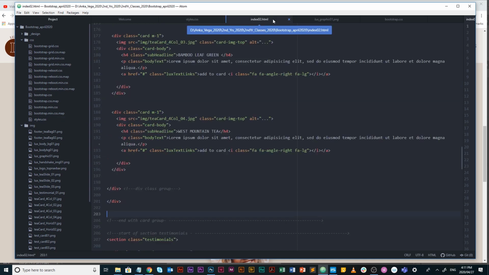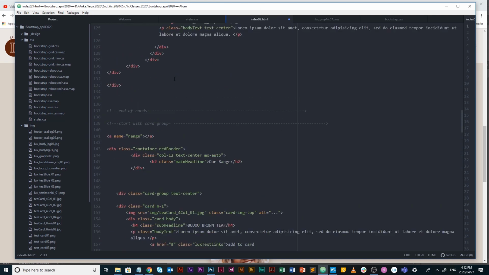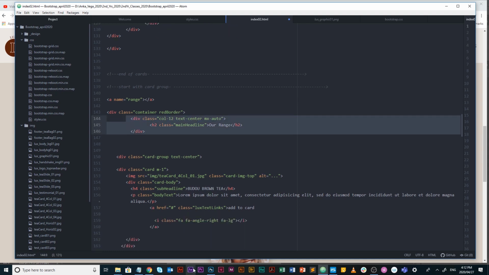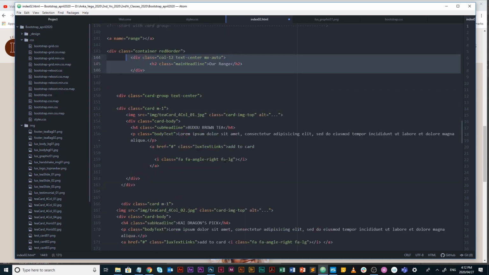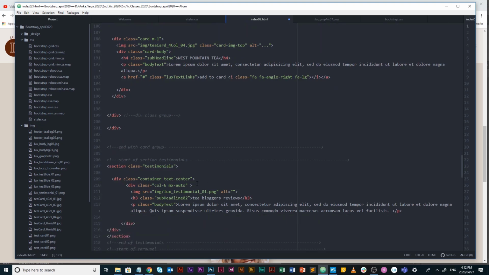So to recap, for this entire shebang, we've added a container to keep these things in the middle. All right. Then we started with a row for our headline, and then we added our card group in them. Okay. And we have fixed all of them with our own styles. Okay. Next up is going to be testimonials, but this is it for